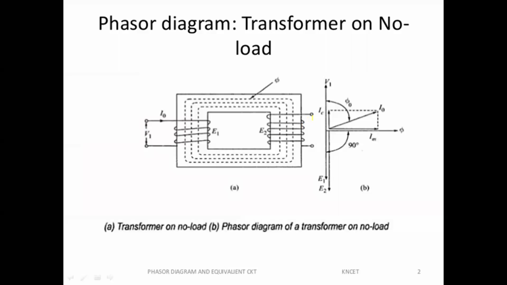We have three types of loads: inductive loads, resistive loads, and capacitive loads. These three are the pure loads. Practically we have RL loads, meaning loads having resistive and inductive nature, such as induction motors and lighting loads having resistance and inductance. This is the load of the transformer. Here the load is connected on the secondary side, so for that we draw phasor diagrams for the transformer on load condition.